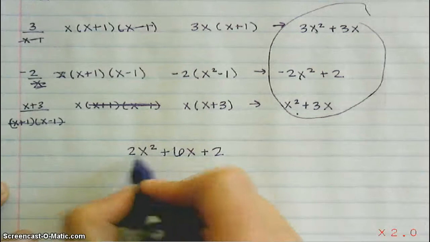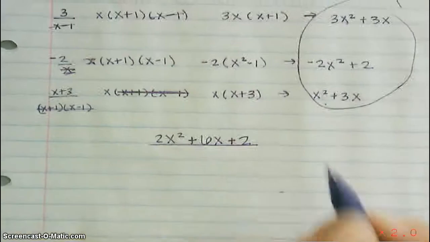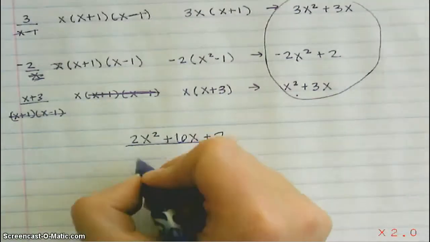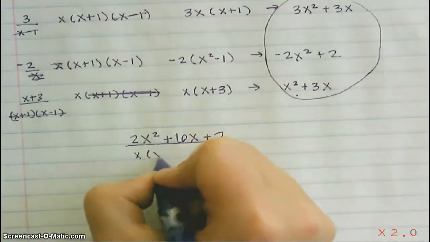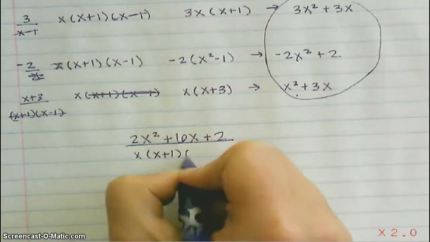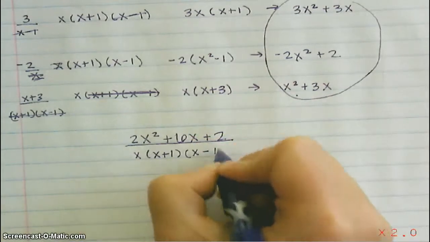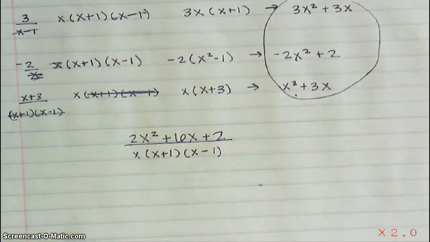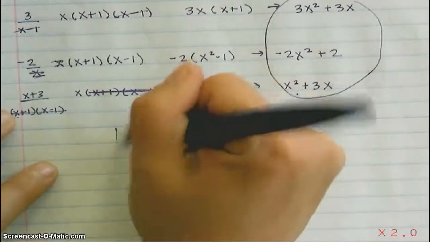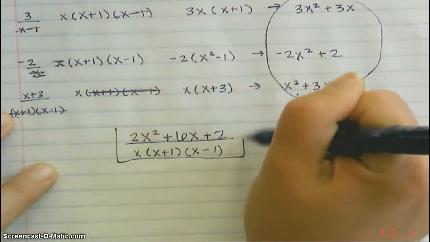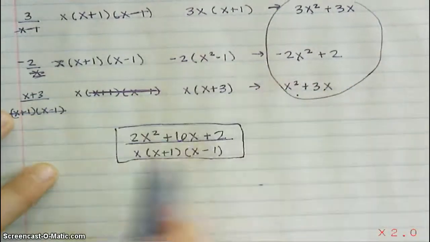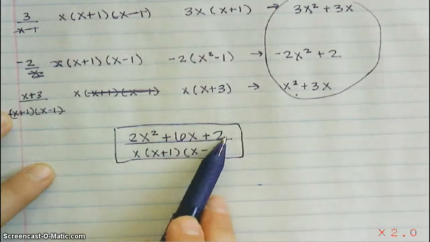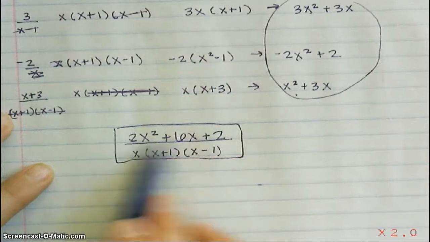And then you can put all of that over your least common denominator, which is x, x plus 1, x minus 1. For time's sake, I'm going to leave it like this. If you wanted to, you could try and maybe factor out a 2 from the top so that the top would be factored as well. Or if you wanted to leave this all